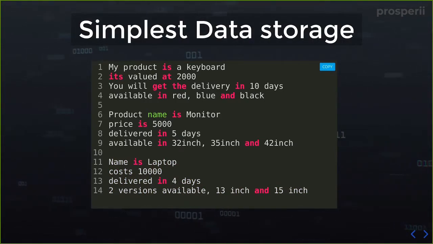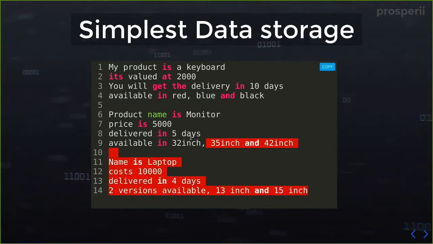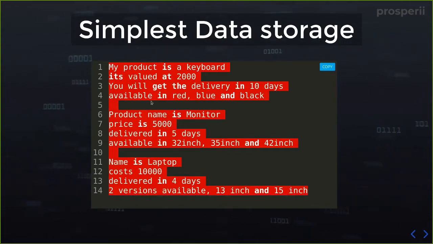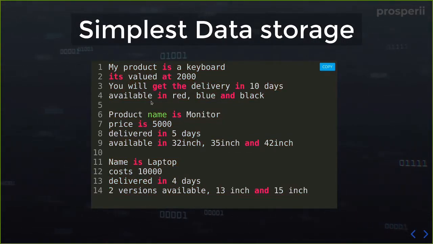But for now, the aspect which we need to understand is, with this particular way of storing data, we have stored each and every bit of information that we have. But is this useful? Because if you are a computer and someone searches keyboard, you want to give them all the results that you have about keyboard, or if someone searches for computer equipment, you want to display them all the computer equipment that you have. So essentially you have a keyboard and a monitor.